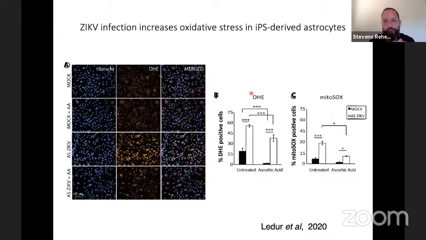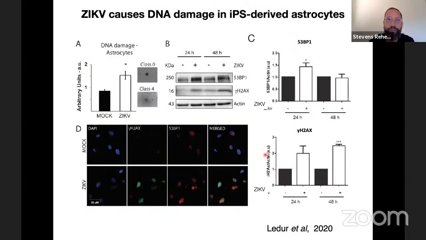And using this kind of approach, we basically tried to describe what would be the pathway, the cellular change that would be caused by the infection of the astrocytes with the Zika virus. So we showed that there was an increase in the oxidative stress that could be reverted with ascorbic acid. We also confirmed the data from our other paper, that there is DNA damage on those